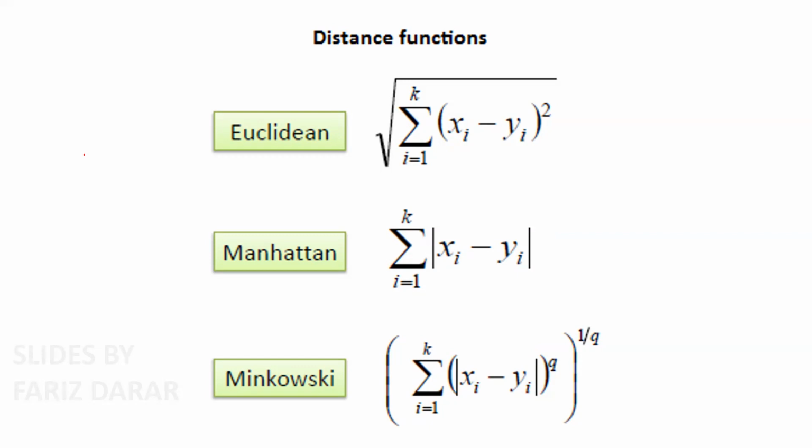If you look at the Minkowski, when q equals 1, then the Minkowski becomes Manhattan. And when q equals 2, then the Minkowski becomes Euclidean. Right? So just to refresh you,